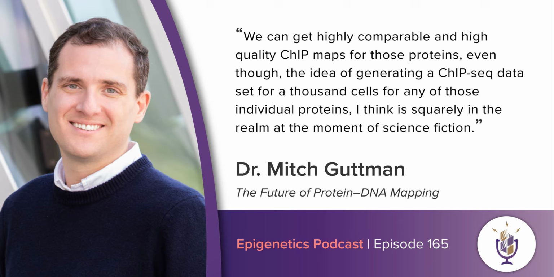So I think the answer in terms of the number of cells will probably depend very much on the nature of the pool. So for 20 to 30 histone modifications, I would imagine one can even go lower than 50,000 total cells and get high quality maps. For 20 to 30 rare, low abundance transcription factors, in reality you'd probably want more than 50,000 total cells to be able to get really high quality maps, maybe on the order of 1 million total cells. And that may also depend on the cell type and the specifics of the cell types themselves, which obviously may vary. Will that be a limitation?